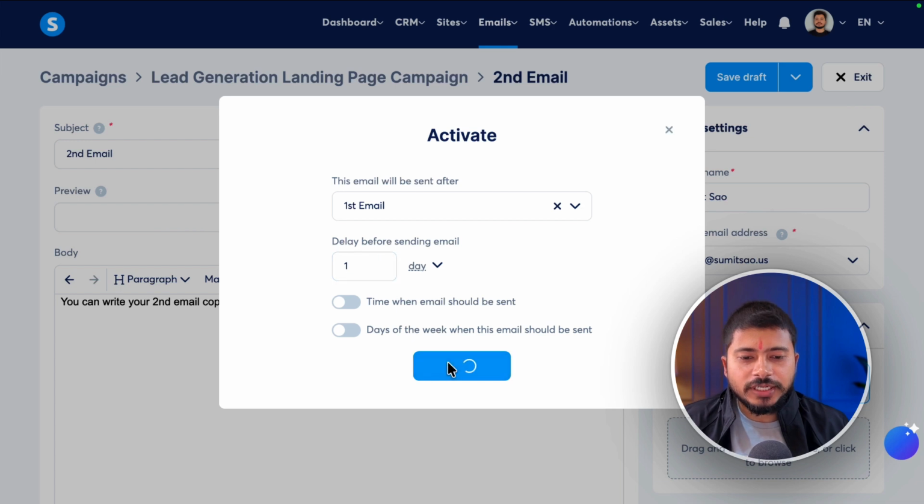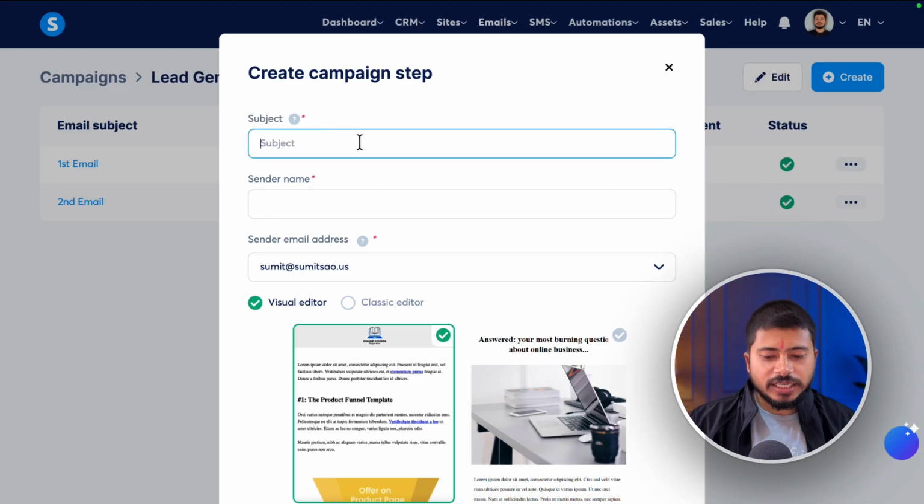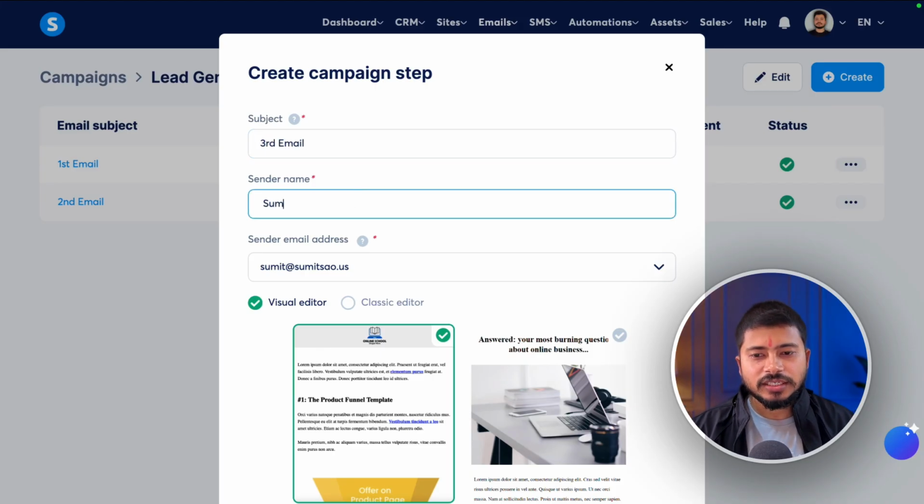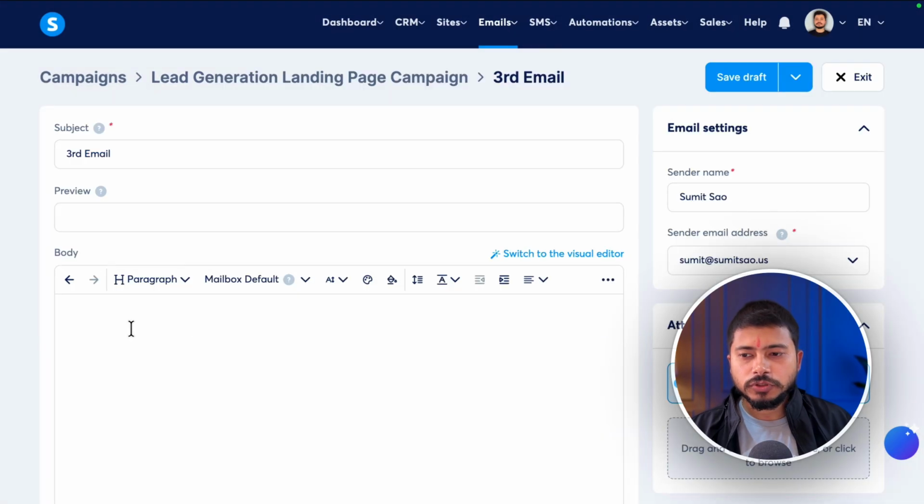Let's click on activate. So our second email is also ready, and let's click on the create button again, and this is our third email subject line. Sender name is again my name, Sumit Saw, and let's select classic editor. So you should write your third email copy here, and after that click on the save and publish button, and from